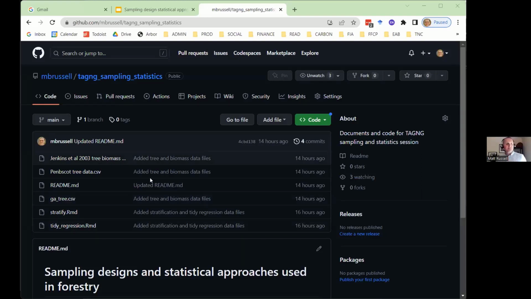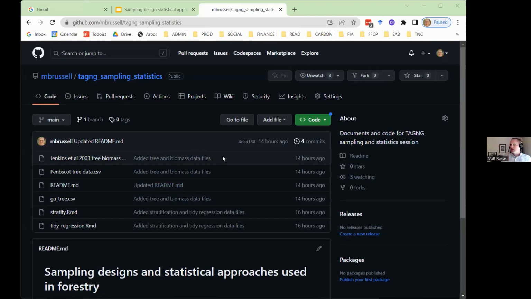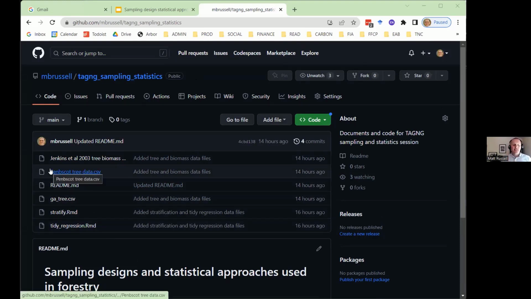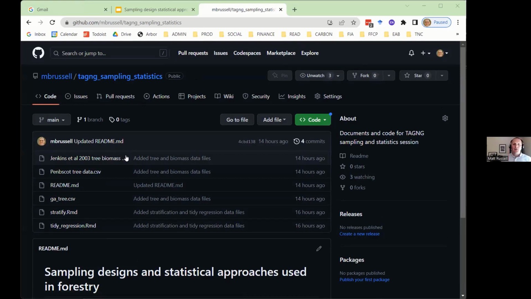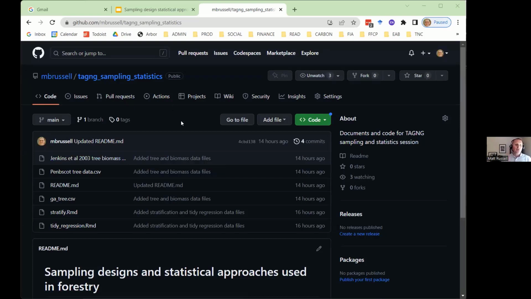So this is GitHub. I love GitHub. GitHub is kind of like a social platform for coders and developers. You can basically share any code you've written, any data sets you have, other documents. It's a really awesome way to share and collaborate with others on coding. I also tend to use it in many ways as a repository, sharing files like this. It's really easy to share with others. That way you don't have to email back and forth with large data files and things like that. So here are the files I'm basically working through today.